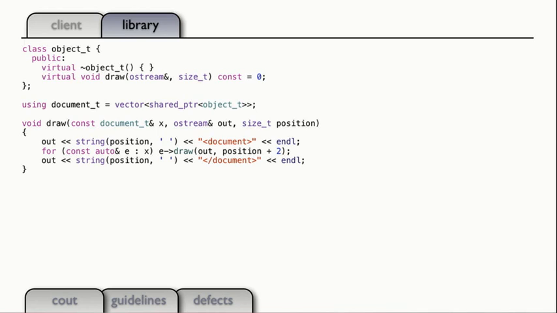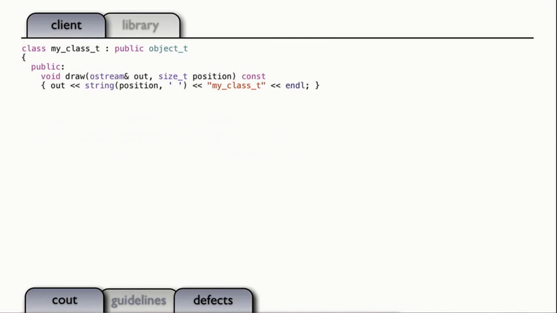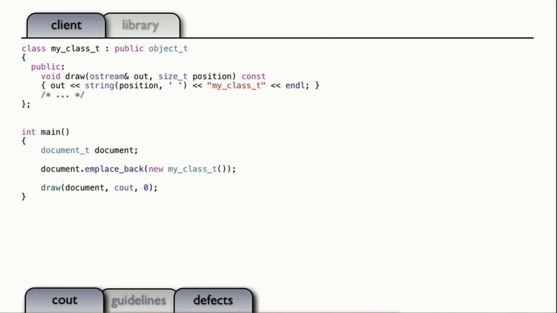And now we've got our document, which is going to be a vector of shared pointers to objects to do our garbage collection for us. And we can draw our document with all of our objects in it. Now a client can write their own class that inherits from object and puts their own class in here.